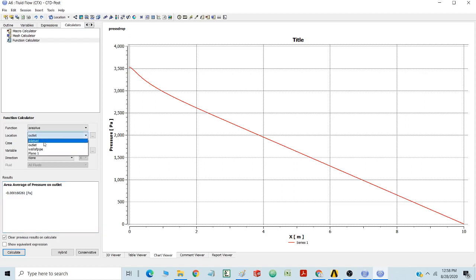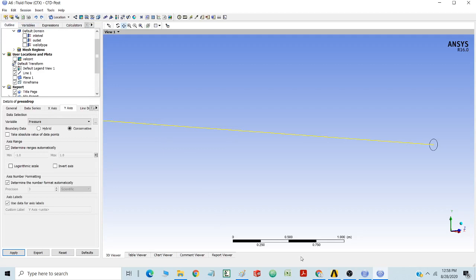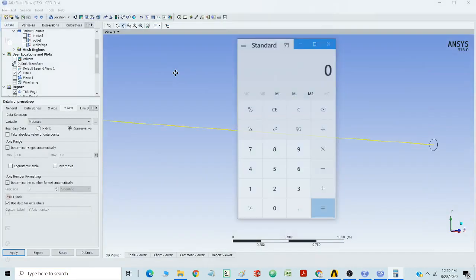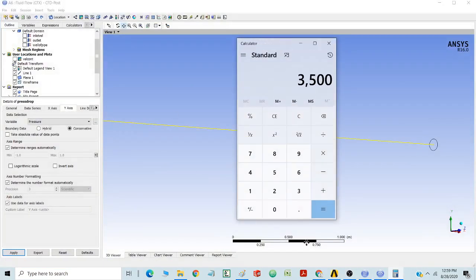So the pressure drop we are getting in this analysis, in which the mesh is very coarse, and we have not at all taken care to use the perfect mesh, or you may say a very fine mesh, is still 3500. If you calculate the error, that is 3500 minus 3200 divided by 3500, the percentage error is less than 10%.